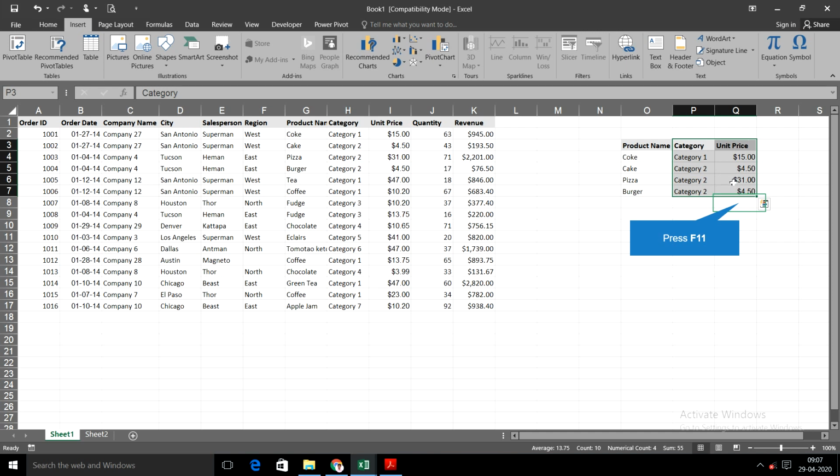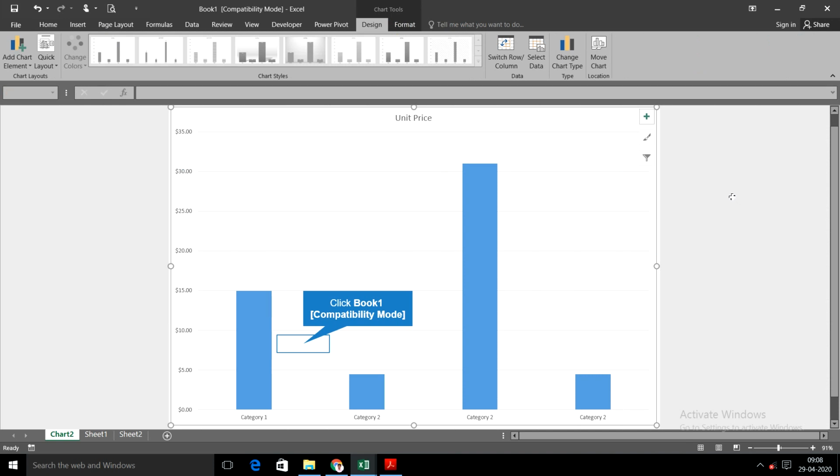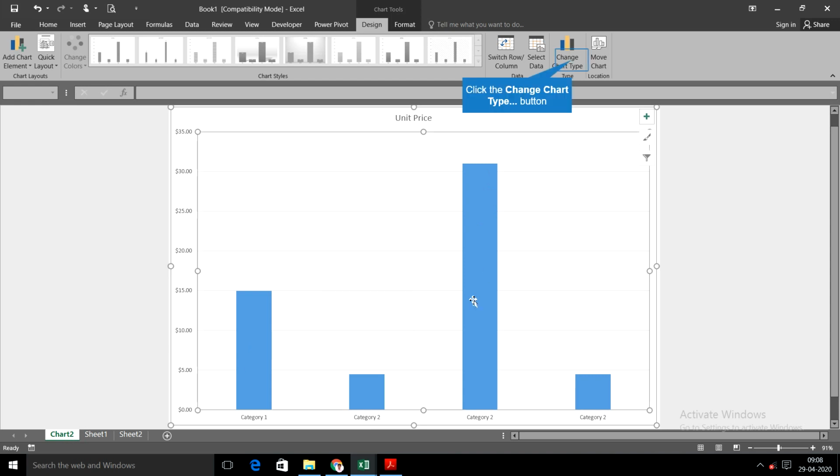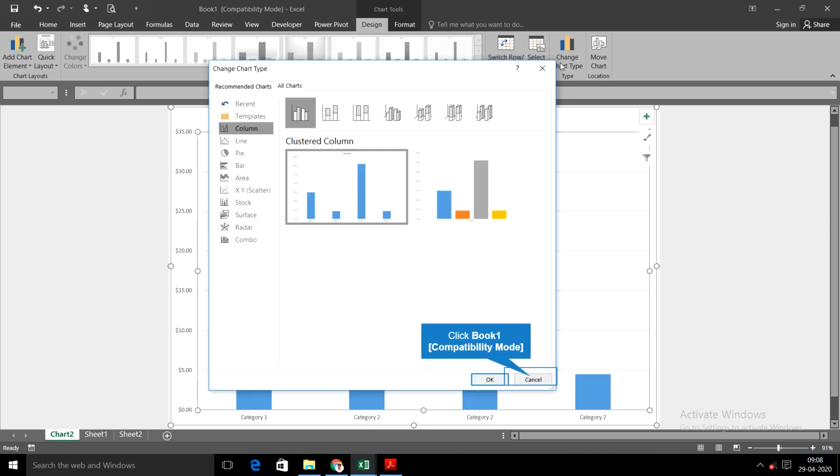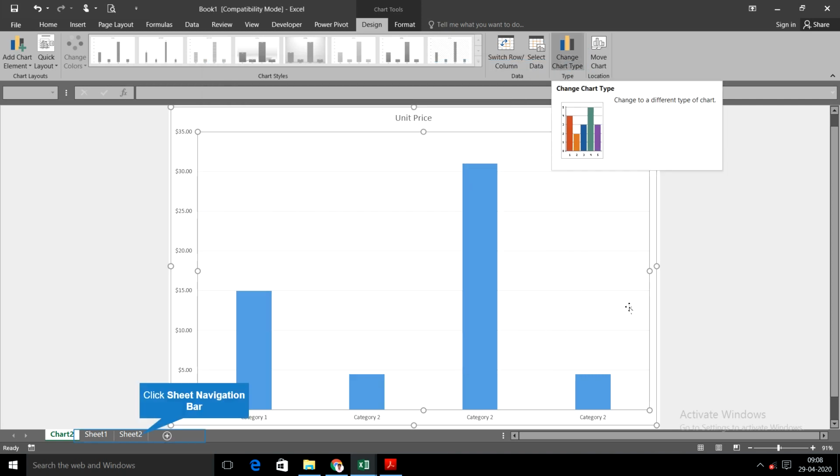To insert a chart, we have a shortcut key called F11. In the latest versions of systems, you may need to press the function key and the F11 key on your keyboard. That will give you a new chart as a separate sheet. So your bar chart is created here. The difference is that the chart is inserted as a new sheet. From here you can either change the chart type or proceed with the same chart. So function plus F11 will help you insert a bar chart for your selected data.